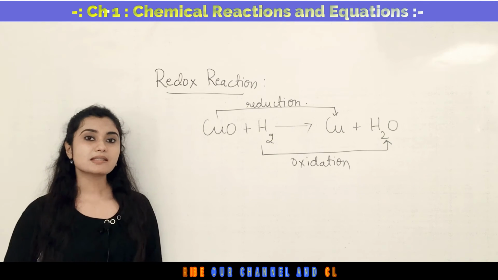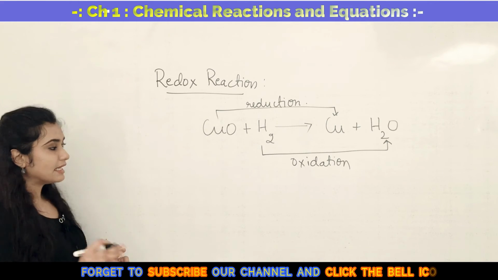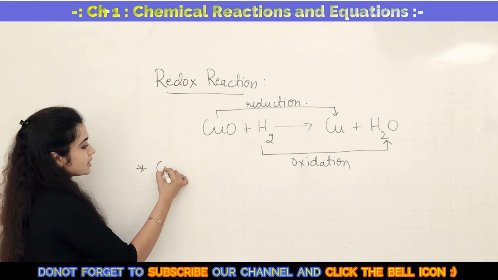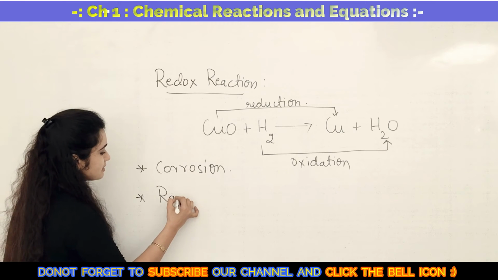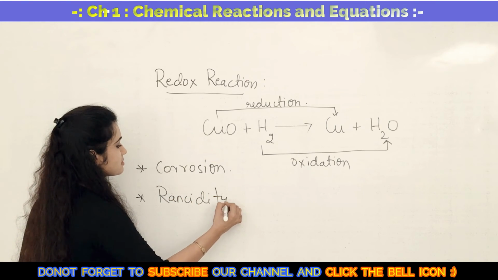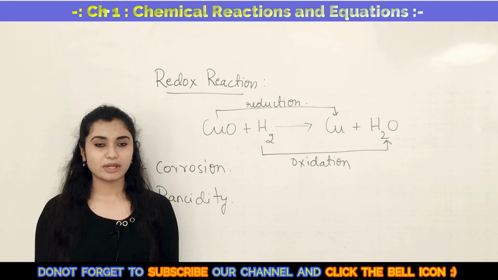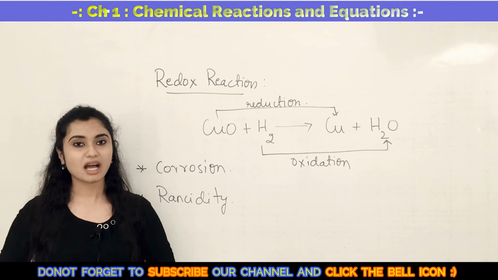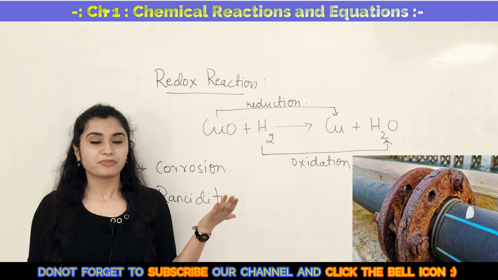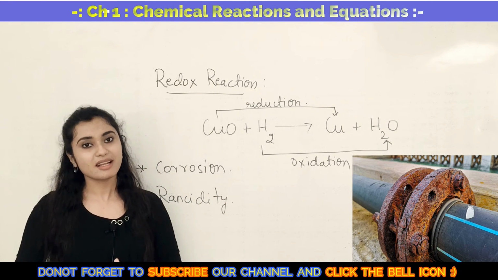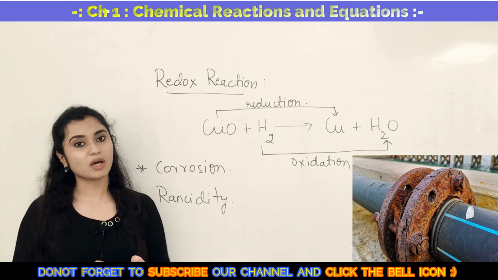So now let us discuss oxidation effects in our day-to-day life. They have given two main important effects, one being corrosion and the second being rancidity. Yes, so what is corrosion then? You would have seen that in your day-to-day life, iron or other metals which are kept outside the house or more exposed to moisture or other external factors will change their color apparently, right? So this process where metals are getting corroded, you call corrosion.